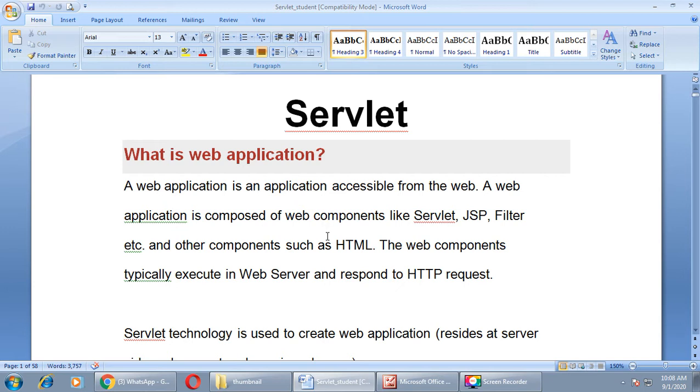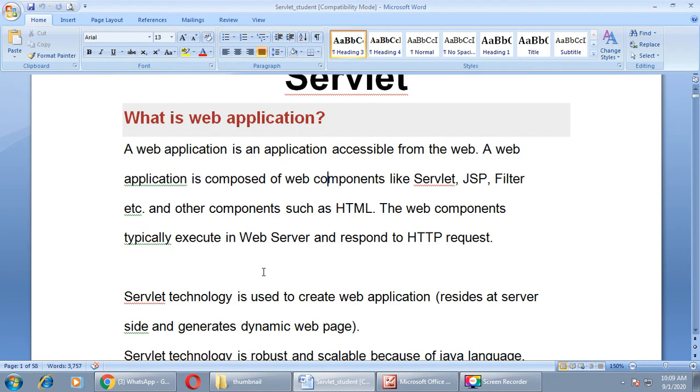And other components such as HTML. All of you are very well aware of HTML, but the remaining three, servlets, JSP, and filter, are new for you. The web components typically execute in a web server and respond to the HTTP request sent by a client.